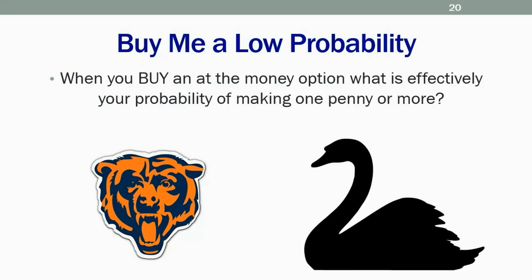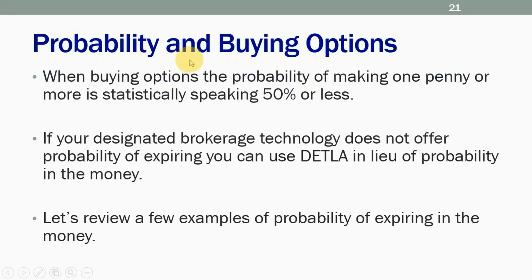All right. So when you talk about buying options, oh, and then by the way, we have our Canadians in here, and the Canadians are like, wait a second. We don't even know what football is. It's not hockey. Okay. It's football. All right. Onward and upward. Probability and buying options. Yes, I did. I put a Bears logo in there. It was required.